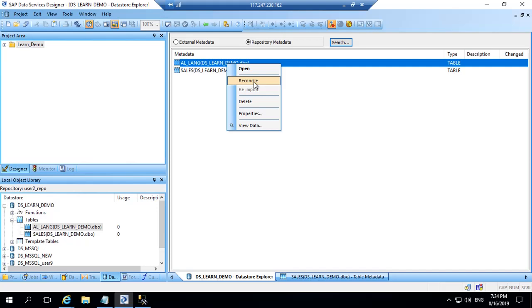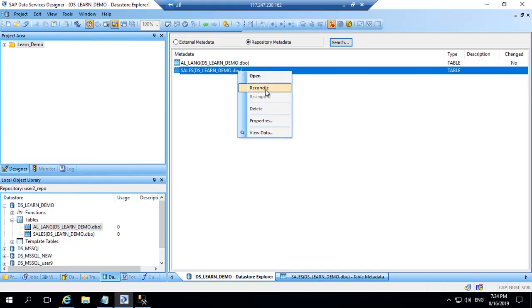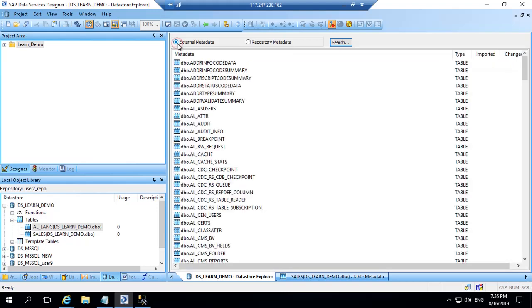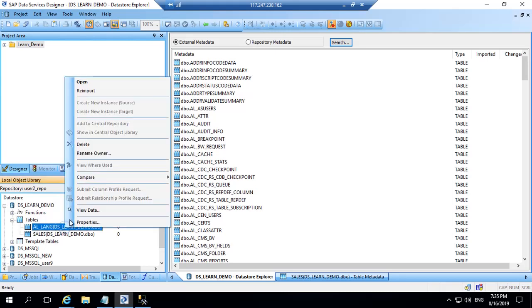So I can click on reconcile, and here if it is changed or not, it will be displayed. So let's see, reconcile, and it says no changes have been done. Similarly for sales, I can see. So that's how, if you imported the table long ago, before re-importing you can see if there is any change in the structure or not. Go back to external metadata, and here this is just the connection or metadata which has been imported. You can always delete the data